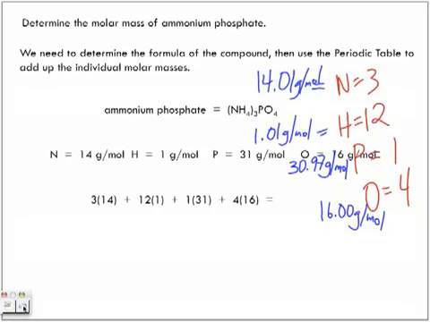So then we put the formula in. We multiplied. Okay, so this one. So we have nitrogen here. There are 3 nitrogens multiplied by the molar mass, or the atomic mass, of nitrogen. We have 12 hydrogens. Okay, so this was just for hydrogen. Okay, this one is for phosphorus. So we have 1 phosphorus, and we're multiplying it by the grams per mole. And we have 4 oxygens, and we multiply it by its molar mass. And once we find all 4 of these numbers, okay, we add them all up, and we get,